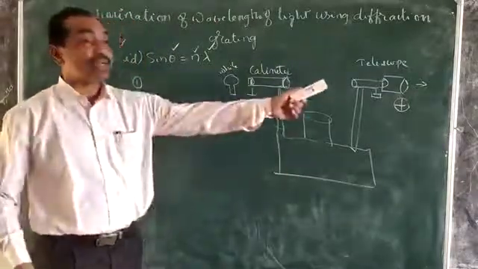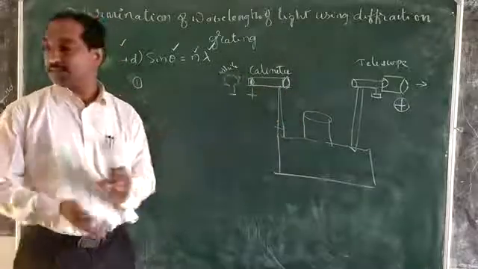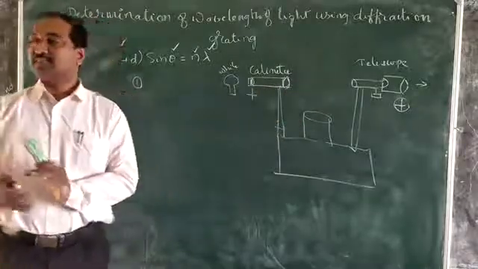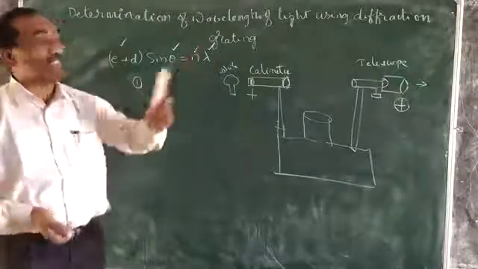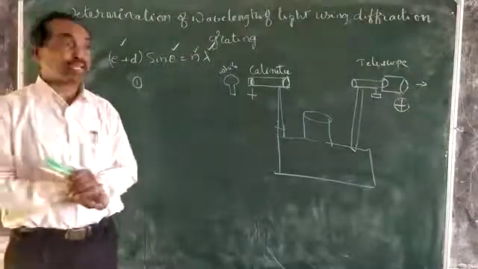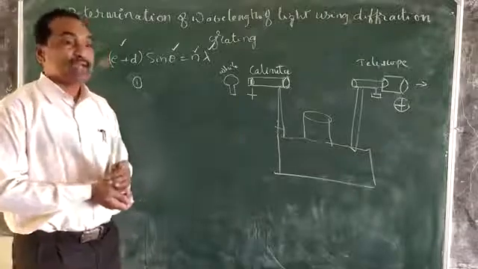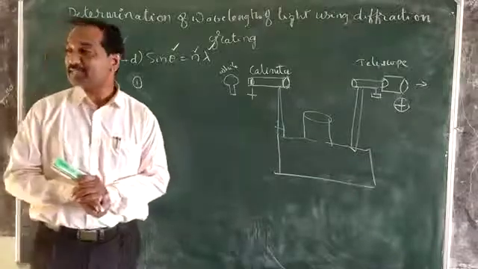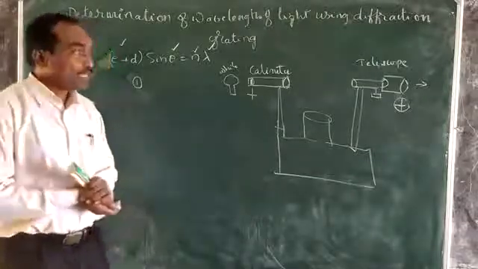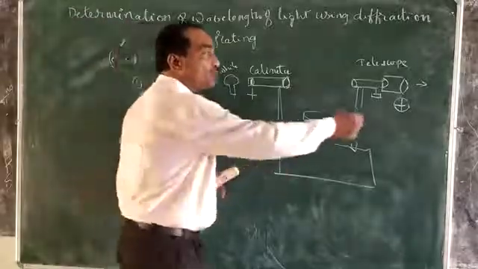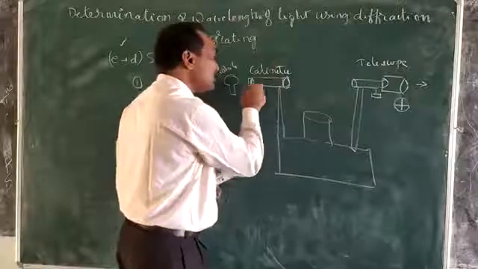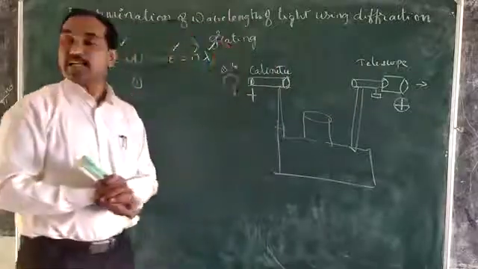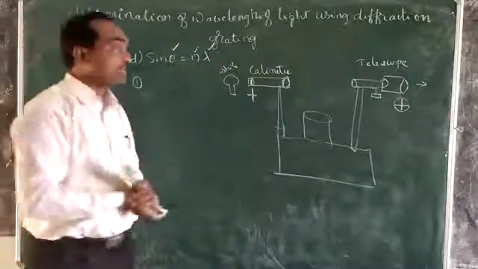Those cross wires are to be concentrated on the slit. That is the first case. And thereafter, we want to make normal incidence. It is nothing but the rays incident on the diffraction grating at 90 degrees. For this case, initially we want to coincide the cross wire directly with the narrow slit, and